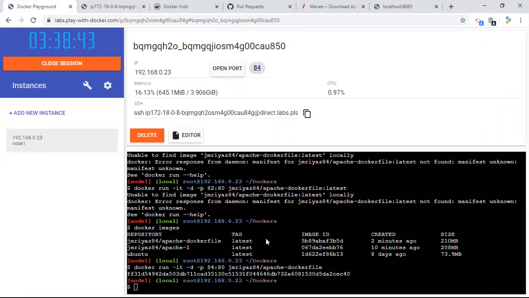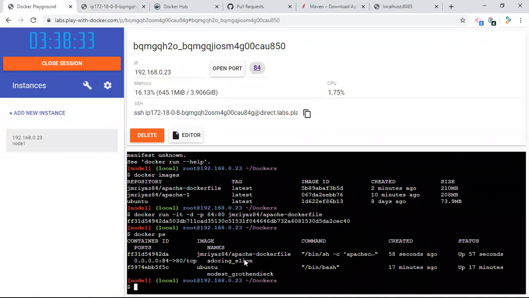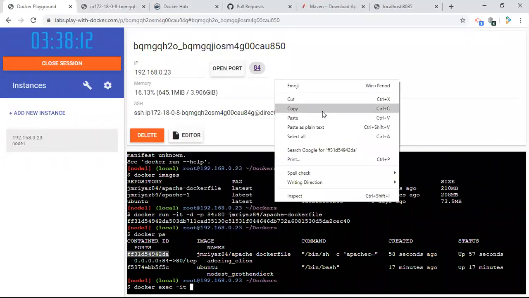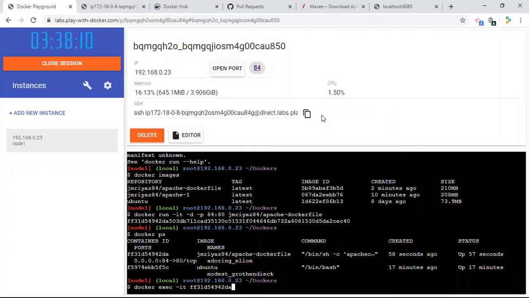We can execute docker ps, then docker exec. This is the running container id. I want to go and see what happened inside my virtual machine. Docker exec with the container id and bash.